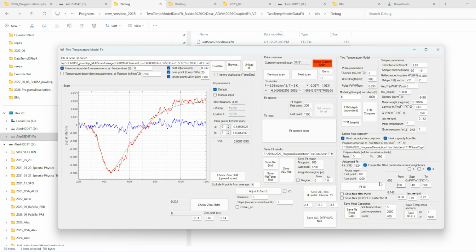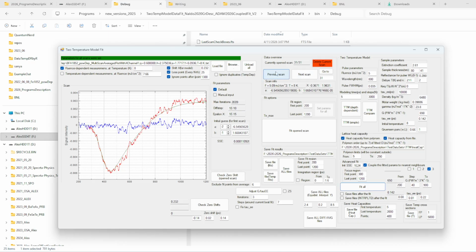And also, when I click fit, all the parameters will be saved. So once you open the file, you do manual fit, you are interested to do everything in one go. You input your parameters to make sure the manual fit works, and once manual fit works, you put borders, and then you click fit all. It will take some time to fit all. And while it fits all,